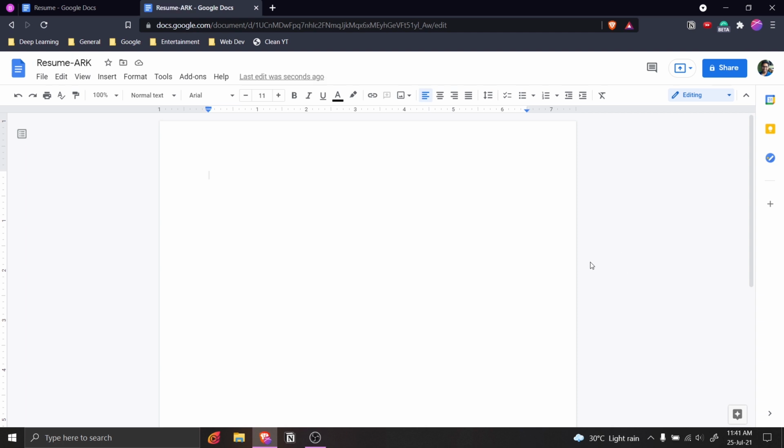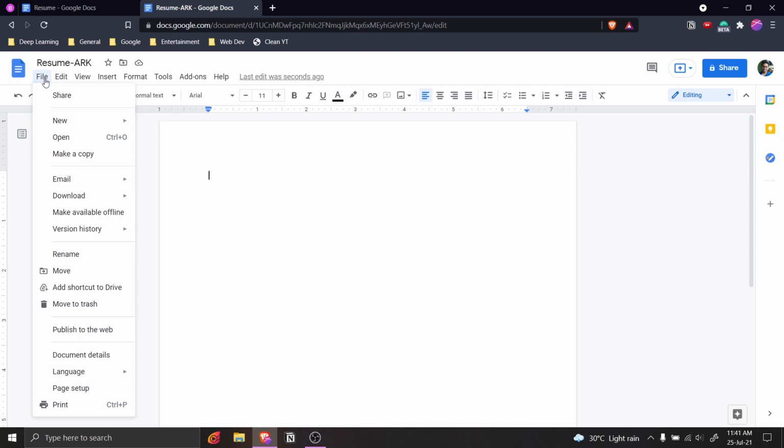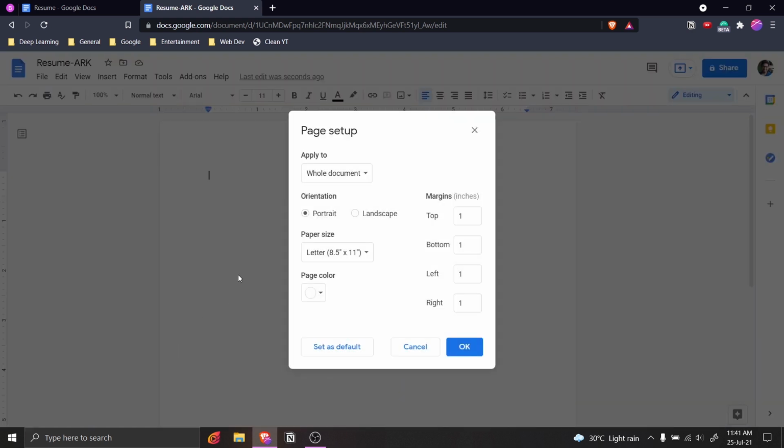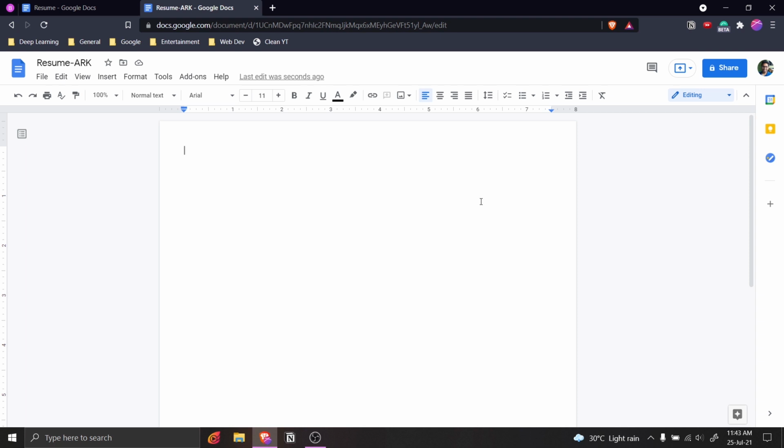So the first thing we want to do is to reduce the borders. So as you can see, the borders here are of 1 inch. This is the marking. So we need to reduce it first. So for that, let's go to File and Page Setup. And here, reduce the border for top, bottom, left and right to, let's say, 0.5, half an inch. Okay. This is much better. Now we have more room to work with.